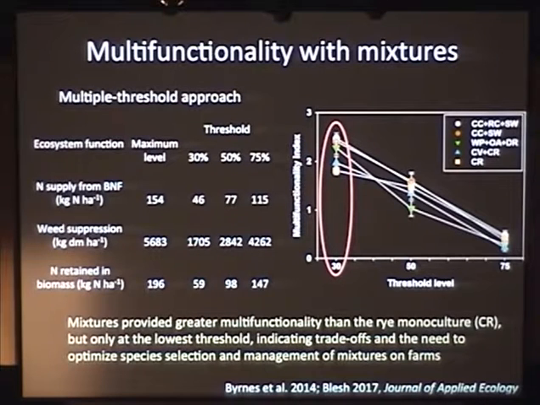So first, I'll note that even at this low threshold level, these are management relevant levels of these functions. So they're actually a decent start for farmers. But we also tested some unique and slightly strange combinations because they were interested in them. So we're going to be testing this for a broader range of mixtures across farms in the future.